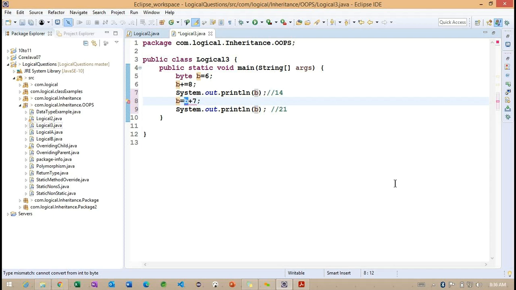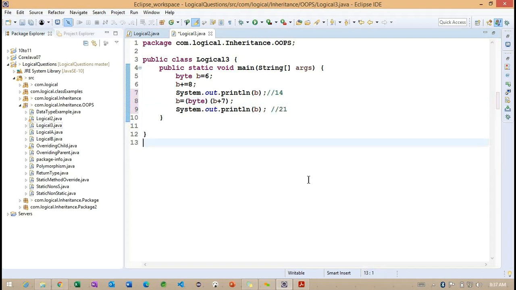But now, what we are doing is trying to convert it into byte type. Getting the point? Because of this implicit conversion, we are going to get an error. If I use explicit typecasting to convert into byte type, we are not going to get any error.